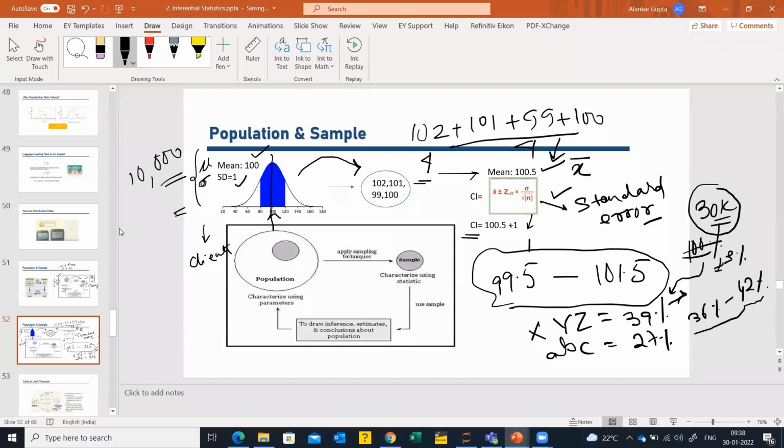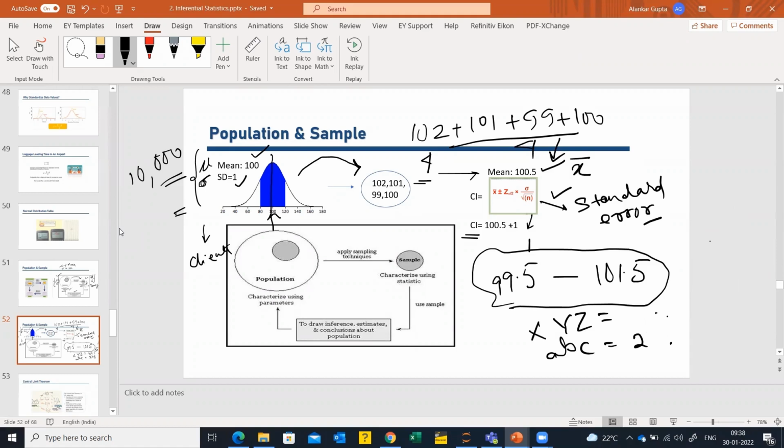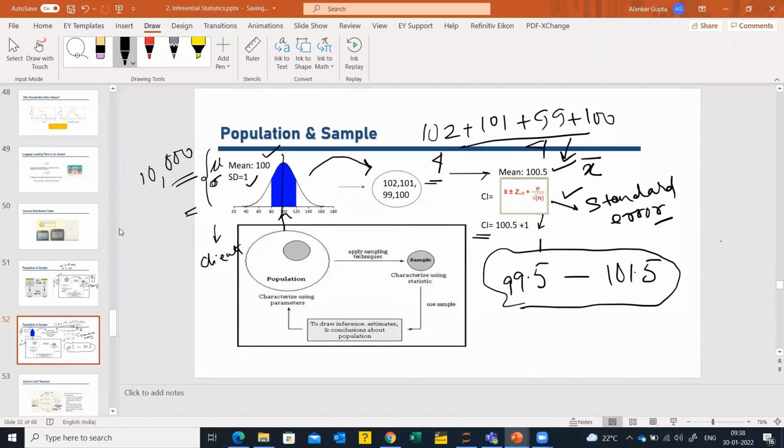So the statistic which we derived, we are putting a confidence on it: how true is it? Yes, that's right. And we will calculate this in the subsequent slides. For now, this is only to make sure that you understand the basic concept: what is a confidence interval, how to calculate it, and what the standard error is. Any questions? I will reiterate again.